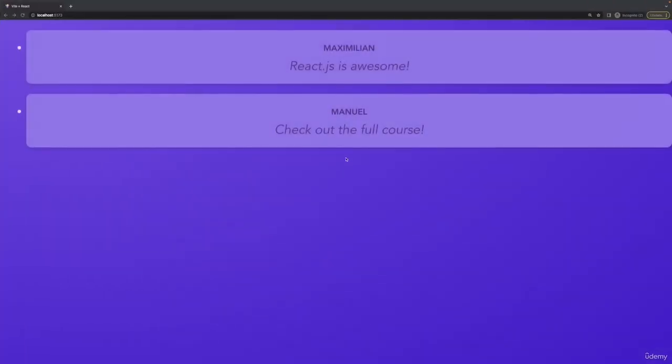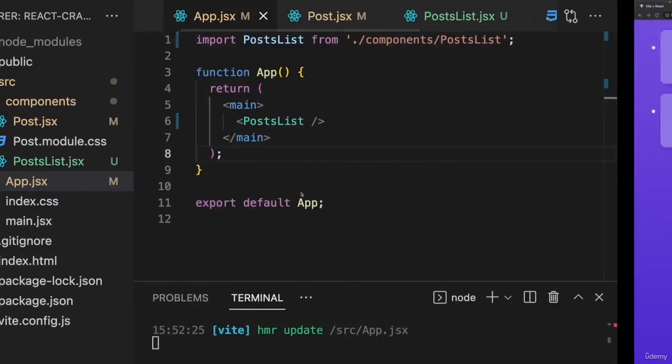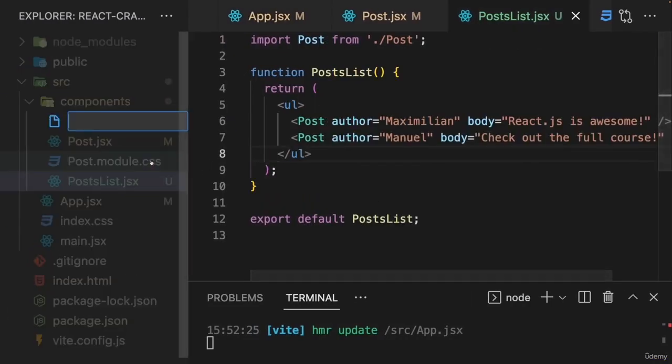With that saved, we have a list, as you can tell by these bullet points here. But of course, it's not really the look I'd like to have. However, this is the solution to the exercise I gave you. I want to polish this solution though by also adding a posts